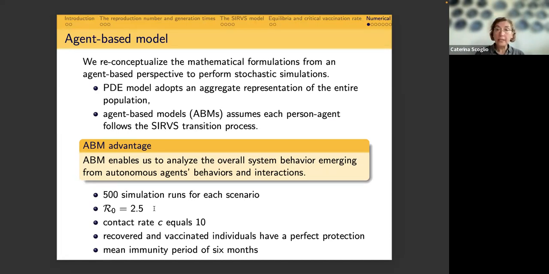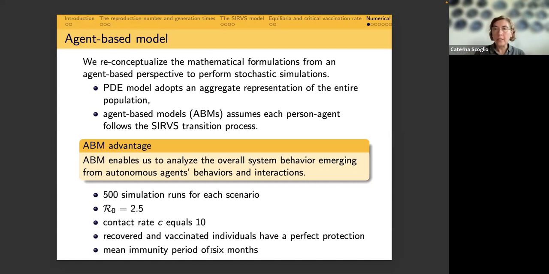The contact rate was assumed to be 10. We assumed also that recovered and vaccinated individuals have perfect protection, and the mean immunity period was 6 months. We were inspired for this type of assumption by the